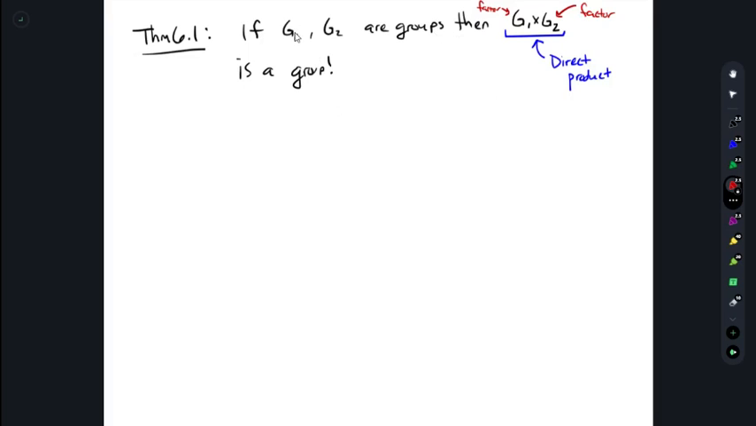And it's basically, as you saw in the video, we take the group operation from G1, and anything in that first component, we do the group operation from G1. Anything in the second component, we do the group operation for G2. The identity of this group is the identity of G1, comma, the identity of G2. The inverses are the inverse of the element in the first slot, comma, the inverse of the element in the